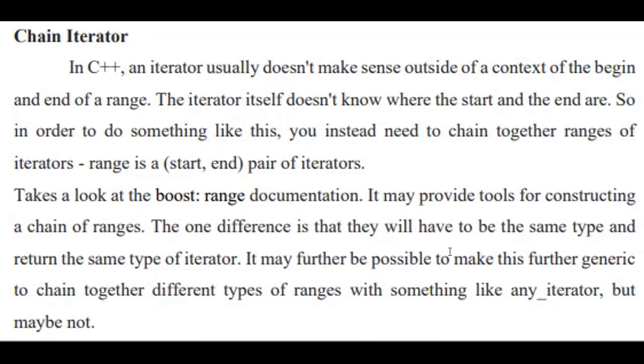And for further generic chain operations, you can iterate over different types of ranges. If you want to go to the null, the end of the linked list, you can do that. Or if you want to go through the middle, you can assign that. You don't have to iterate over the whole thing. You can just give the iteration range where you want to iterate.